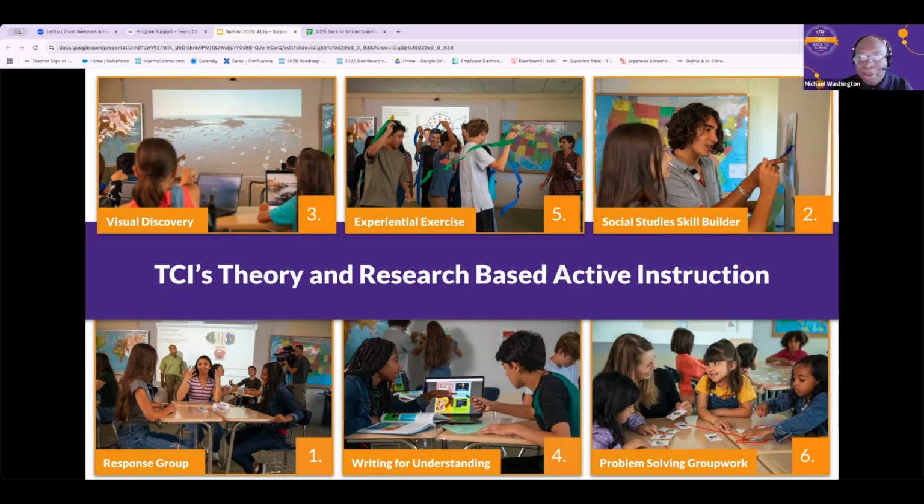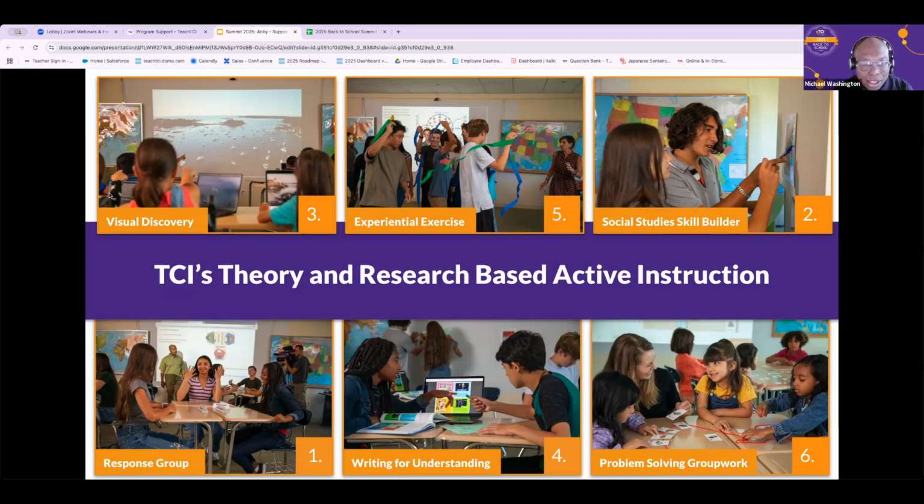5 is actually my favorite. That's the experiential exercise. That's where students role play. They are actively being, whether they are deep sea divers looking at artifacts, or they're playing a role in a game where they're winning, or they're playing a game such as our depression game or a stock market game. But there's some type of activity that connects with the content.